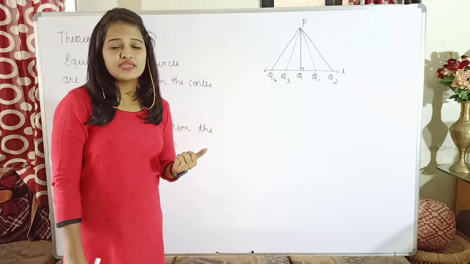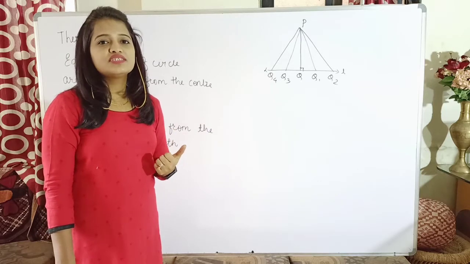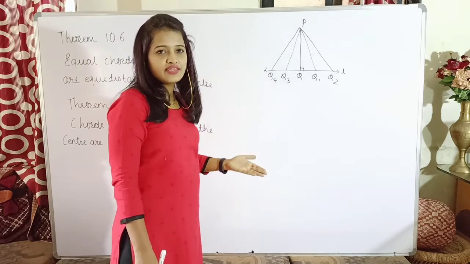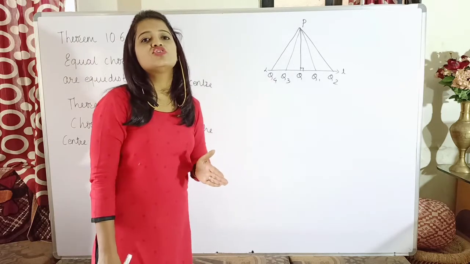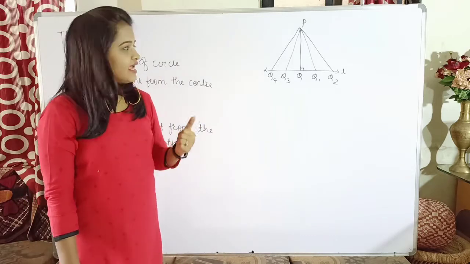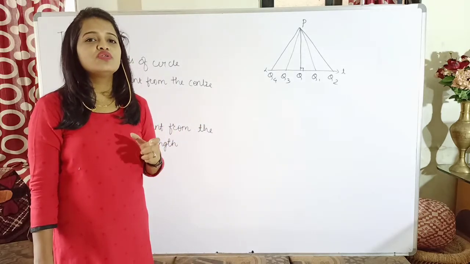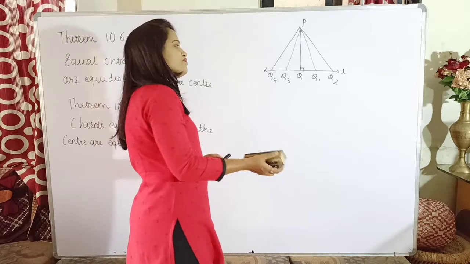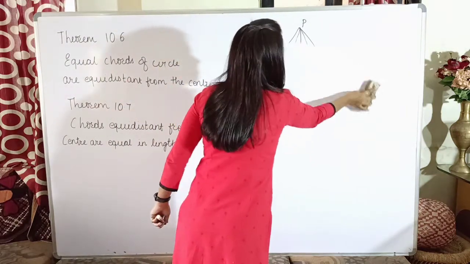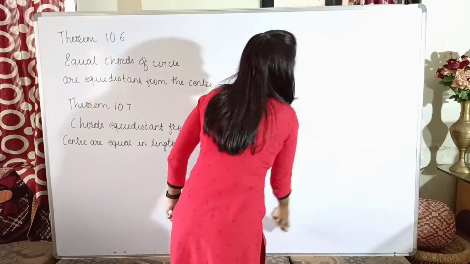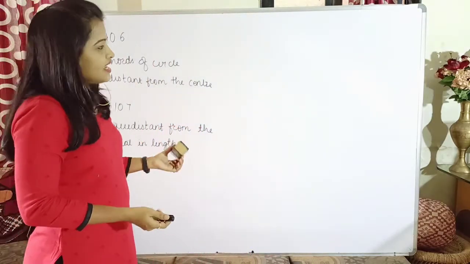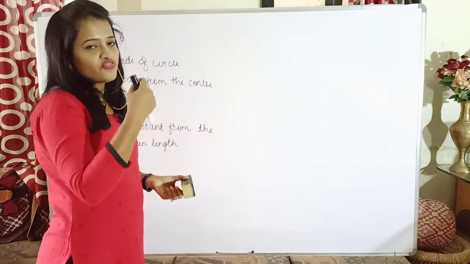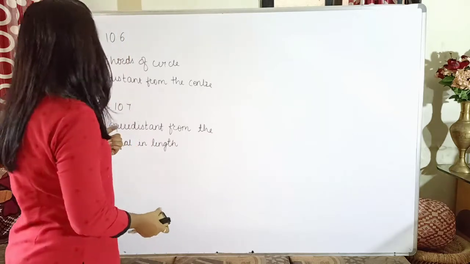So what is the concept? It says the perpendicular distance of a line from a point lying outside the line will tell you the distance of that line from that point. As you know, the perpendicular distance is the shortest distance, and always the shortest distance tells you how far the line is. So how far any line is from a certain point will be known by drawing a perpendicular from that point on that given line. Now let us see what the theorem is.